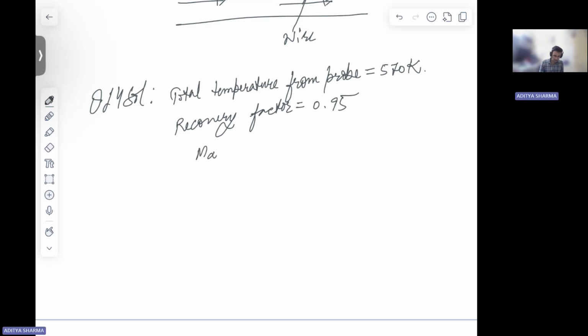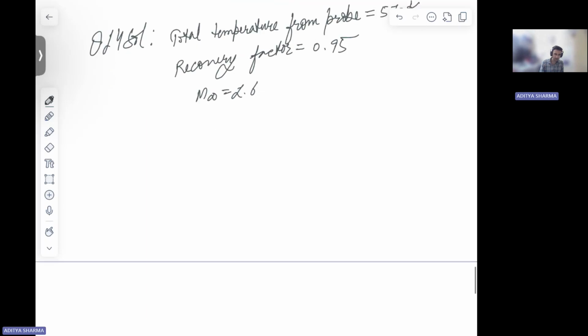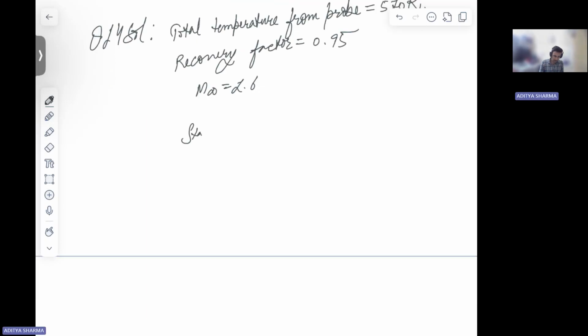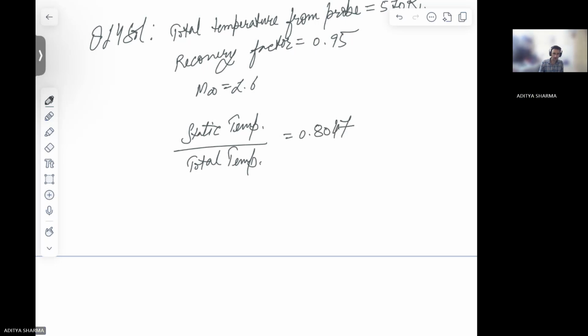And Mach is 1.6. Static temperature to total temperature is 0.8047, right? So in that case, your total temperature becomes